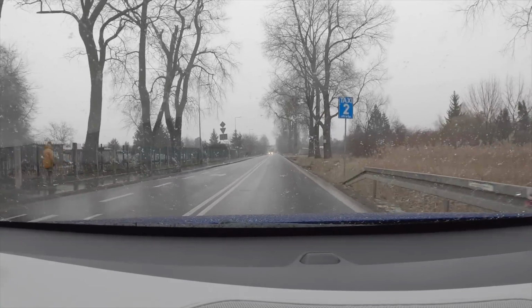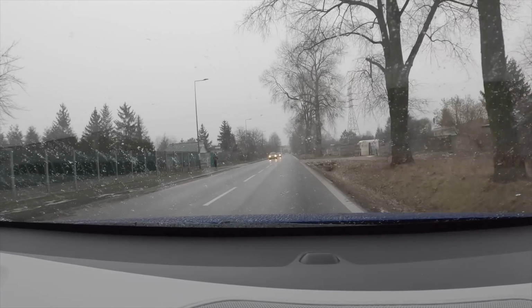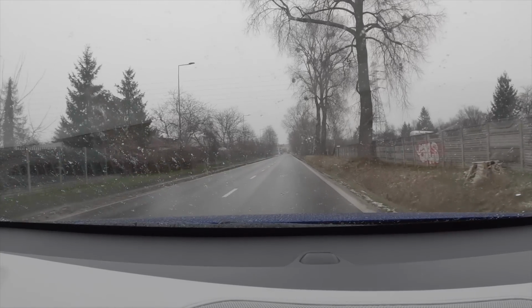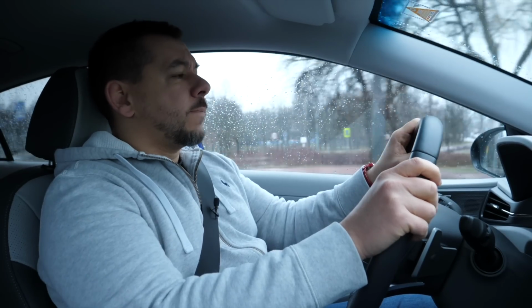I have about 40 minutes to get there according to the sat-nav, but I'm taking a route through the outskirts of Warsaw, so I'm actually going all the way around the city rather than across it. I don't have the bus lanes which an electric car in Warsaw can use. I'm driving a hybrid. Even if I were driving a plug-in hybrid, I wouldn't be able to take advantage of